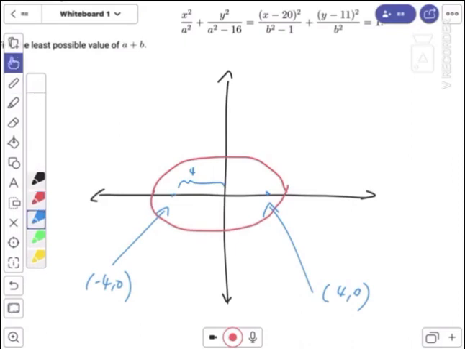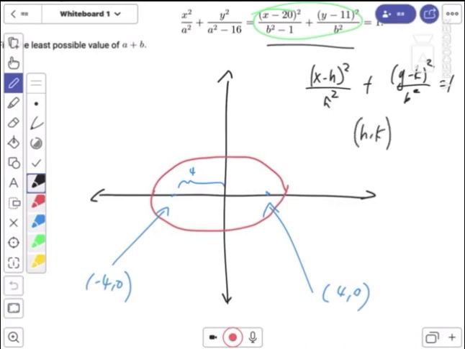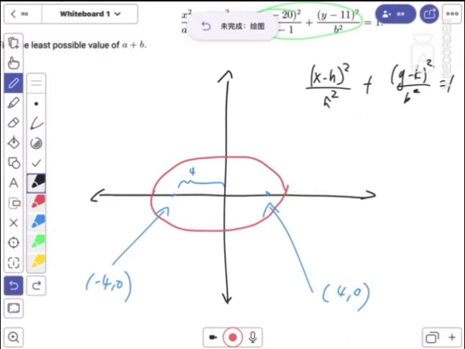Now we look at the other ellipse, the ellipse at right. A typical form of an ellipse is x minus h squared over a squared plus y minus k squared over b squared equals 1. So h and k is the center of the ellipse. This basically means that,